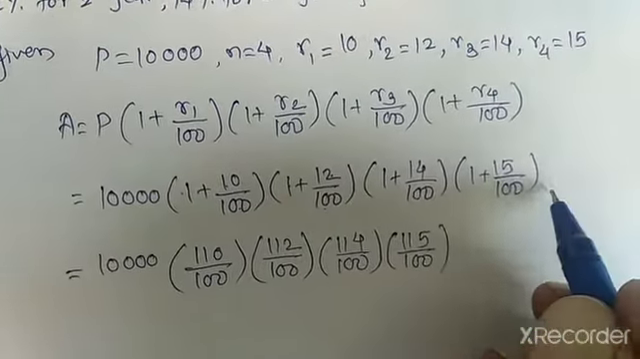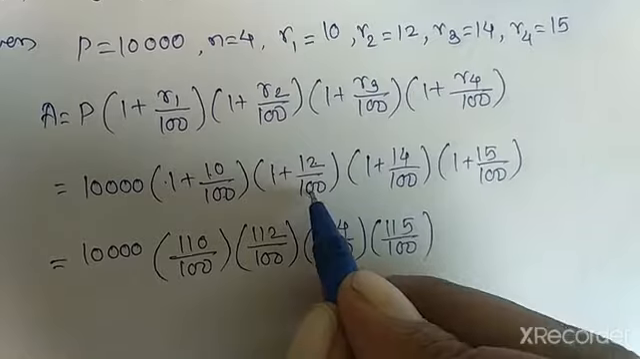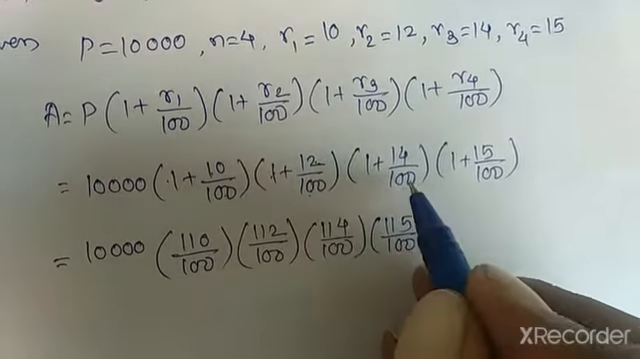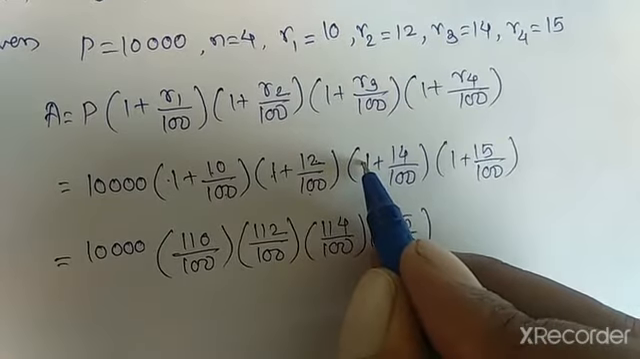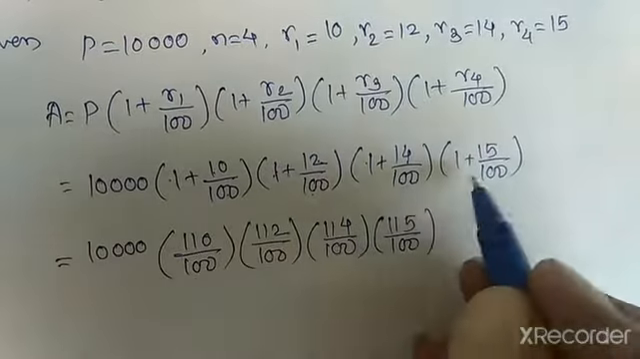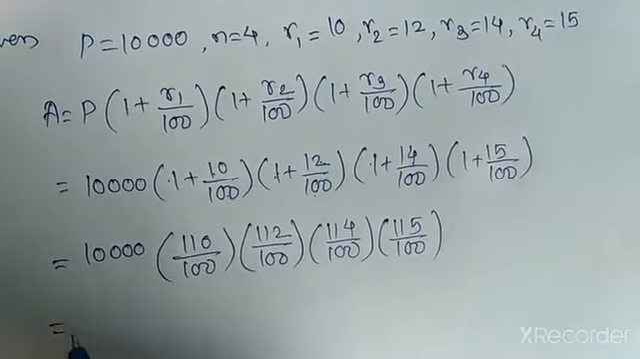You have to make an LCM for each bracket. So you have to multiply 100 into 1 plus 12, which will be 112. Here also 100 into 100 plus 14 divided by 100. So we are making LCM for each bracket, which will give us as,